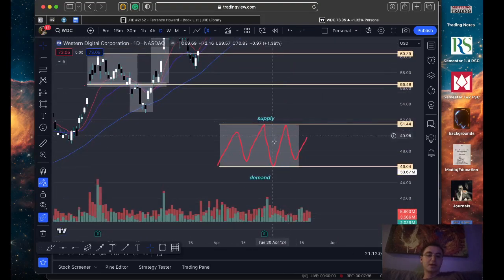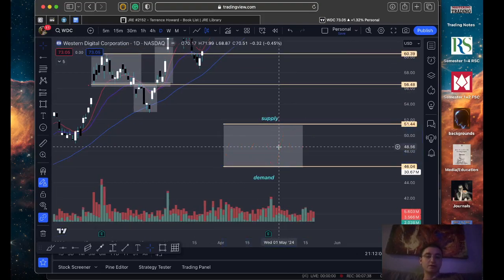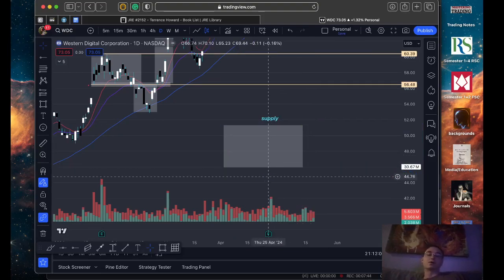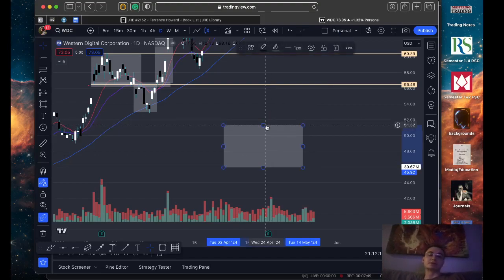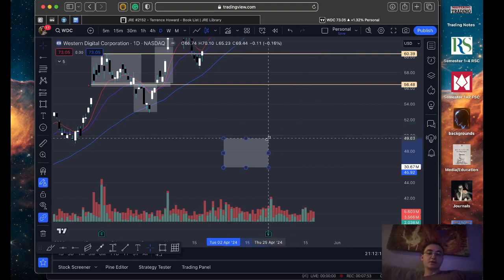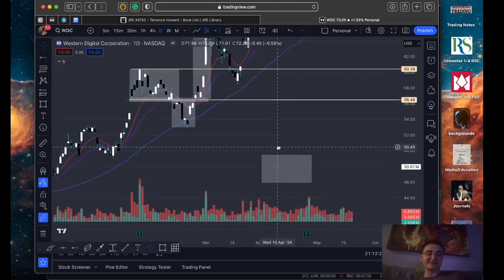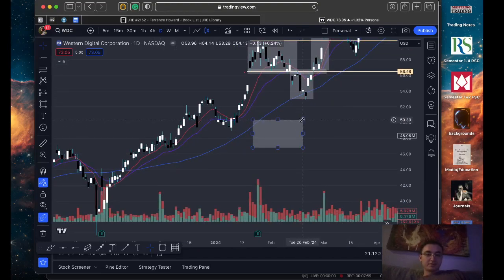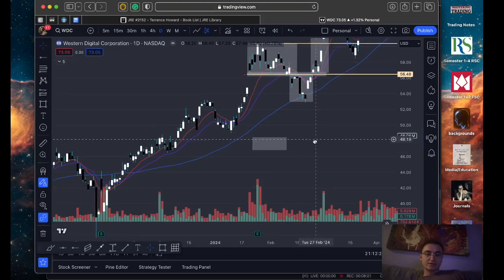So how do we do this? We create the boxes. And then obviously the top of the box and the bottom of the box are going to be the supply and demand, or the resistance and the support, respectively. So the box method. The box method, that's awesome. A lot of people really like this. So the idea is,